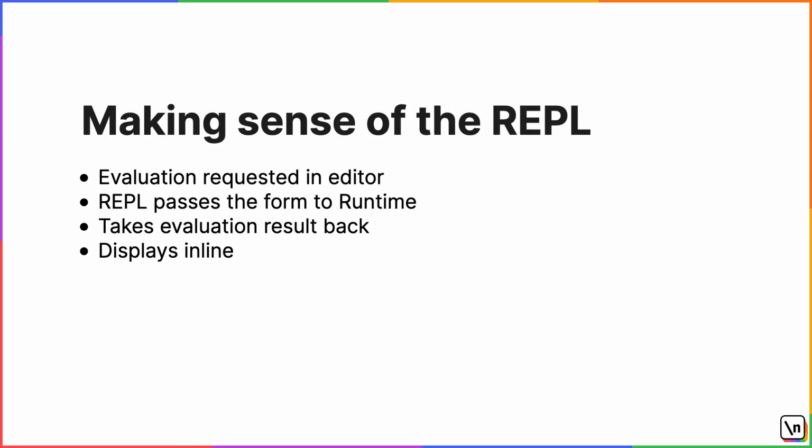When you evaluate a form, your editor passes it to the REPL. The REPL figures out the relevant JavaScript code that should be run and executes it in the connected runtime. In our case, that runtime is Node. The code is executed and any returned values are flashed inline in the editor. When we printed a message, our output went to stdout, that is our terminal. The inline eval flashed nil because println does not return anything.